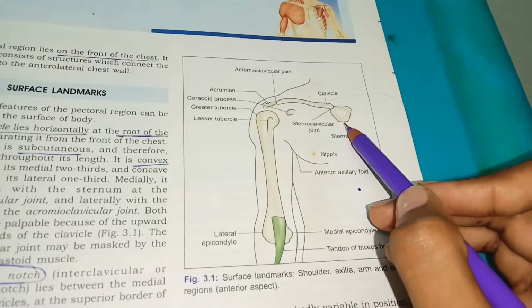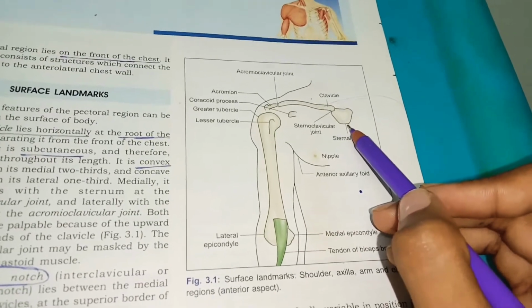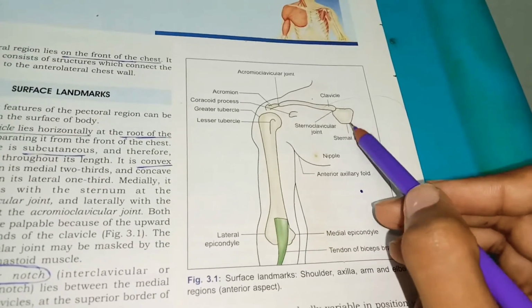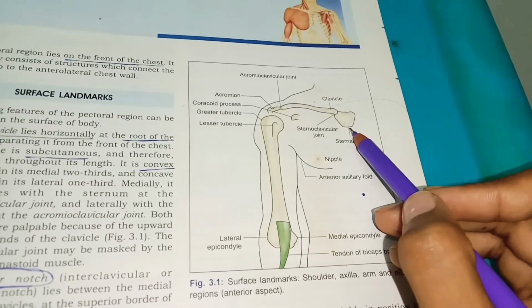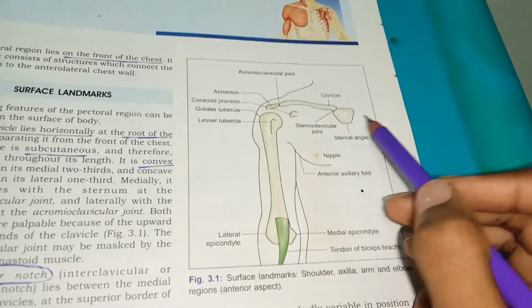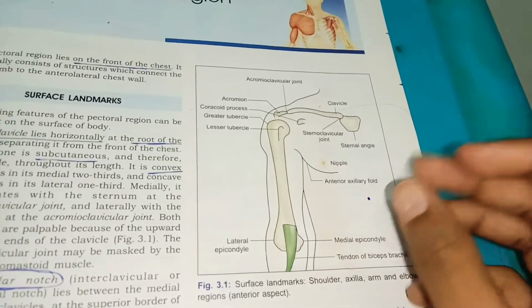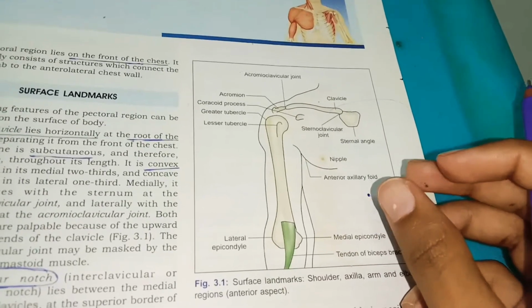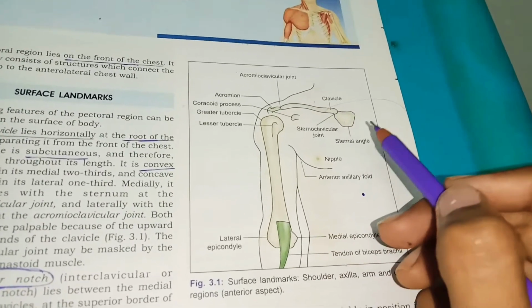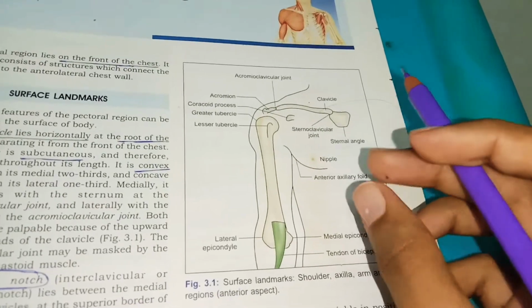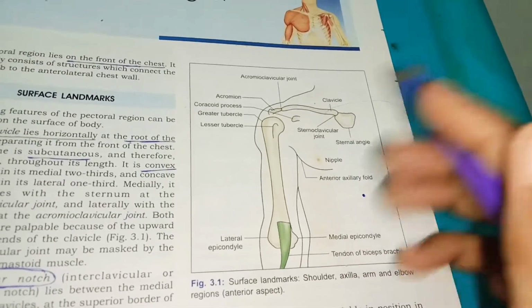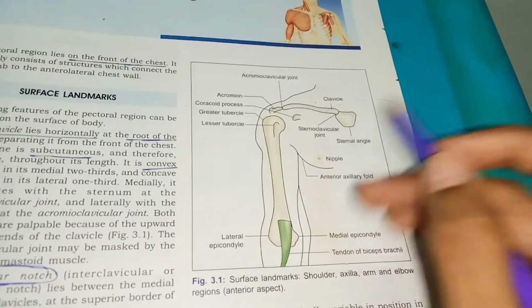So this sternal angle is a transverse ridge marking the manubriosternal joint, and laterally on each side it has the second costal cartilage, or you can say the second rib. They join the sternum over here, and it's a landmark for the second rib. So if anyone asks where the second rib is, you can easily answer: the sternal angle.